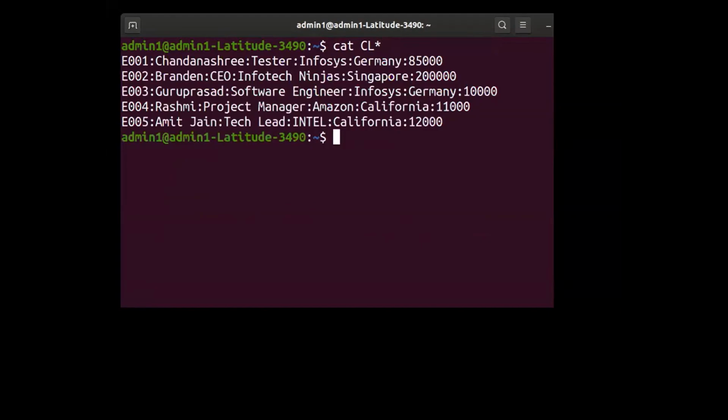So cut minus D, delimiter minus. Tell me, names of all employees come in which field? Correct, second field. And the location where they are working?